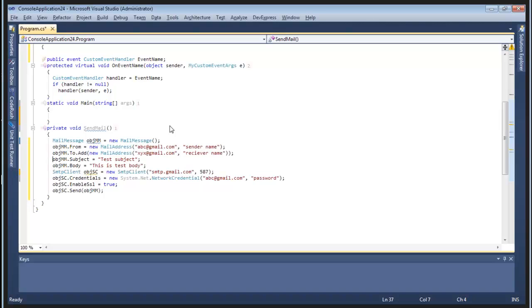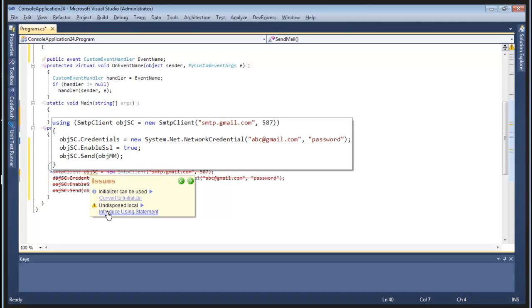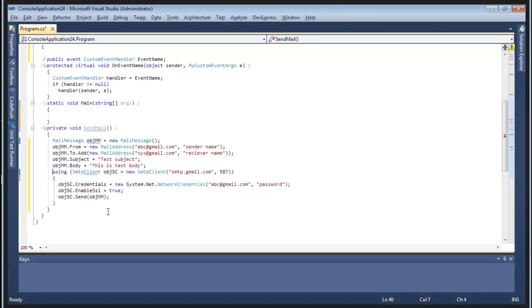So what I think I want to do is clean this up just a little bit. Notice I'm getting a squiggly underline here. This is telling me that this local variable is undisposed. So we'll go ahead and introduce a using statement on that part right there. So we'll create a new SMTP client and then get rid of it. That's one of the nice features about CodeRush, is that ability to detect that issue. So let's take this code right here. This is what we want to do. We want to